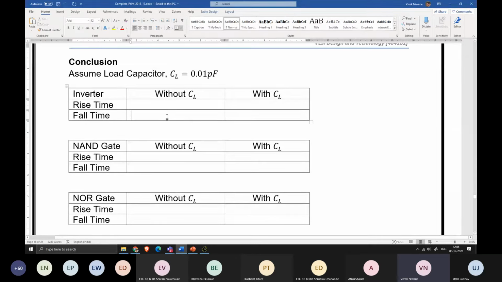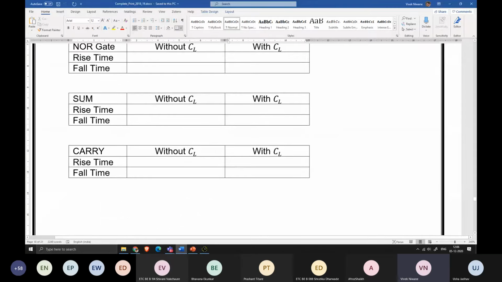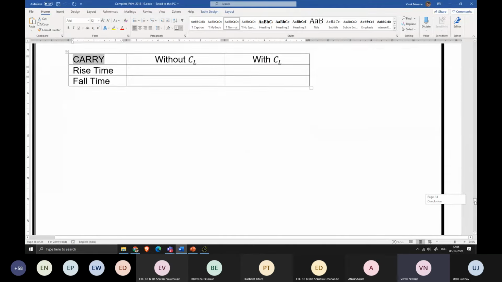लोड कैपेसिटर, तो भाई राइज टाइम फॉल टाइम कितना आया without load and with load, ये इन्वर्टर के लिए, NAND के लिए, NOR के लिए, और sum लॉजिक के लिए और carry लॉजिक के लिए। तो आपको ये सारा करना है।